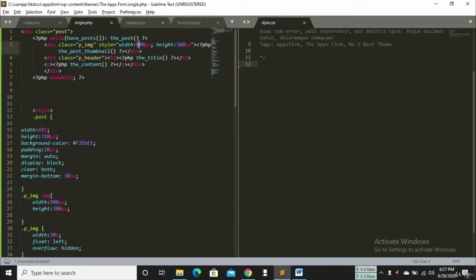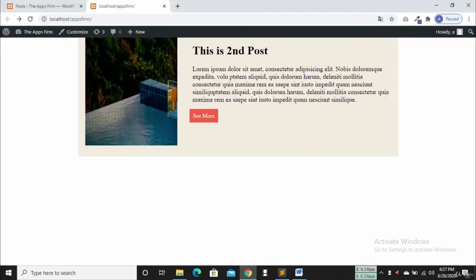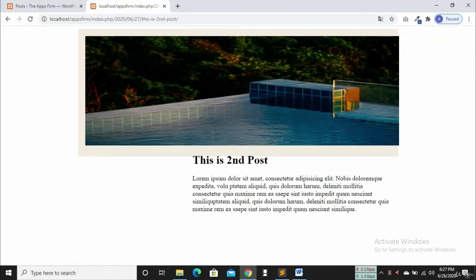So if I save and reload our website now, it will show in our index.php page, and if we click on see more, then it will take us to the single.php file, and it is showing a unique post, and for every unique post it will show a unique page,